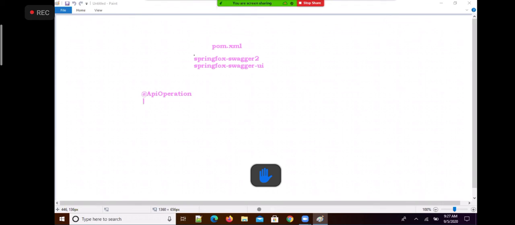Third, we are going to configure a Docket bean in the Spring application context container.